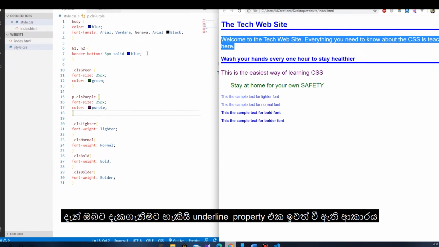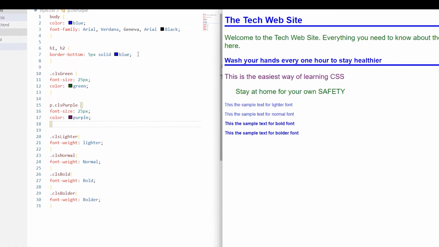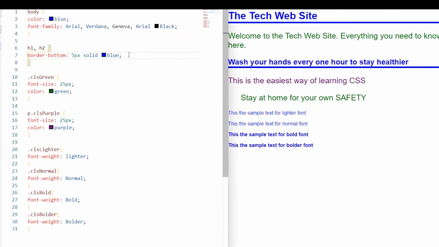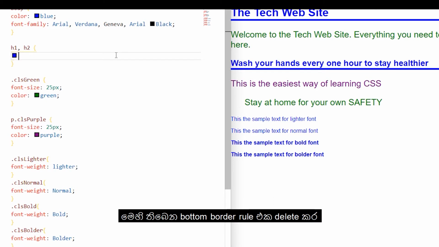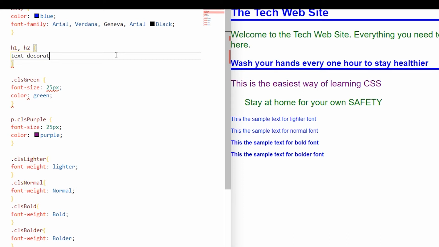You can see there's no underline included now. Let's go to our H1 and H2 rule over here. Delete this border rule and add text-decoration: underline;